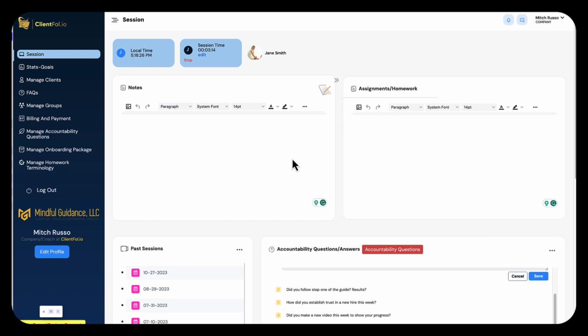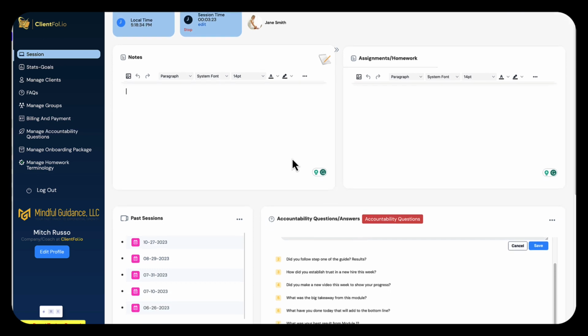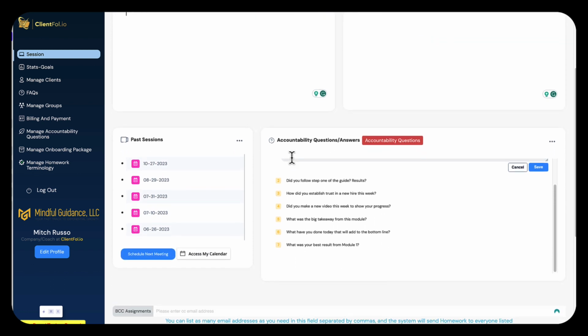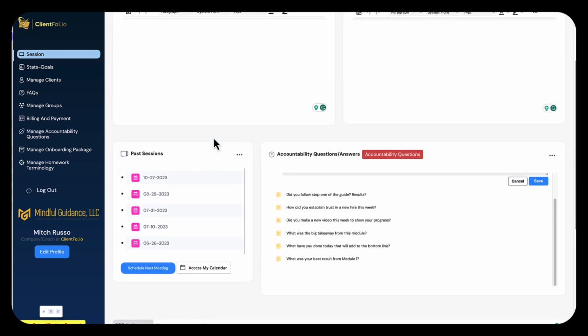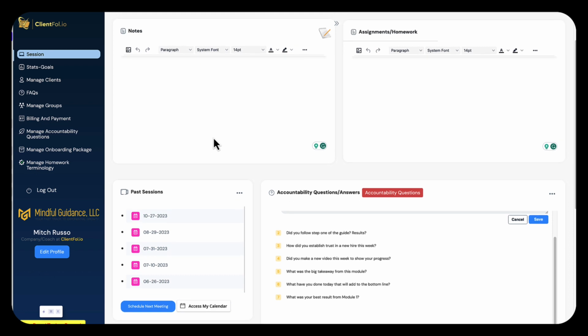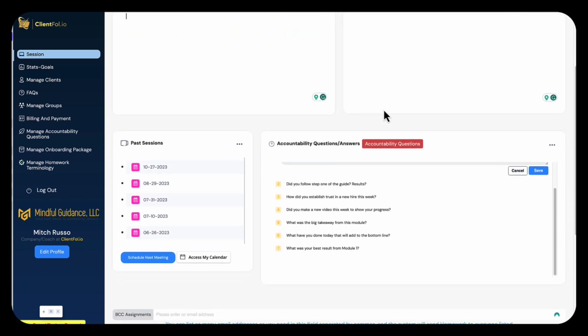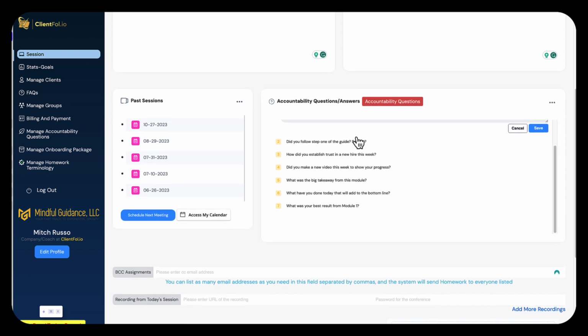Now, if you notice, those 2 steps used to take me about 5 or 6 minutes because I was searching for emails. I was opening up spreadsheets to see what they put in or what I put in. Bottom line is this little system here saves me a lot of time. So once I'm in the session, I'm taking my notes, I'm creating my assignments, I'm then formulating my accountability questions,